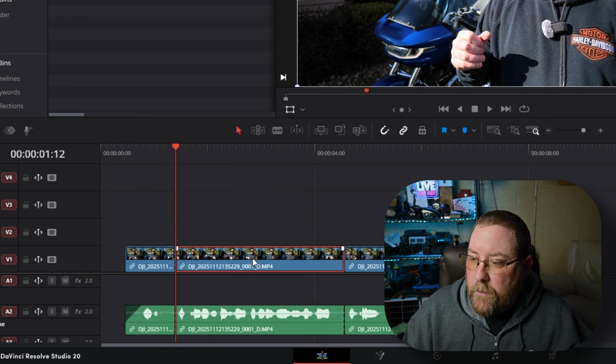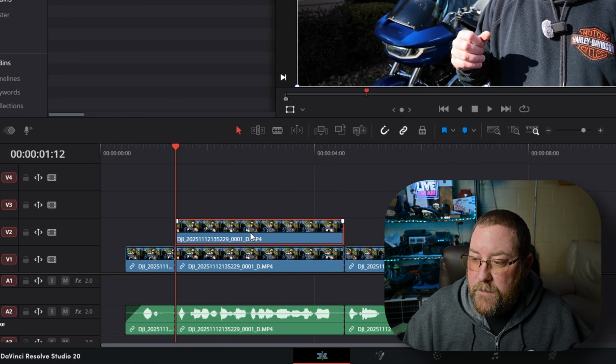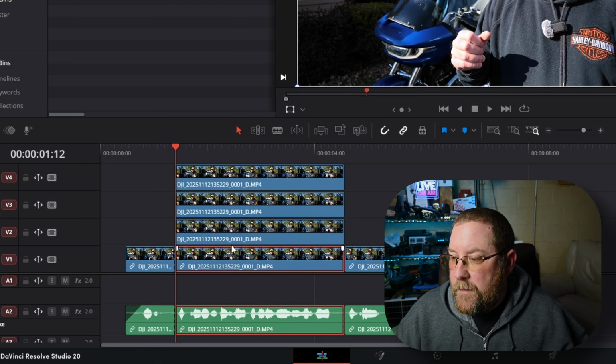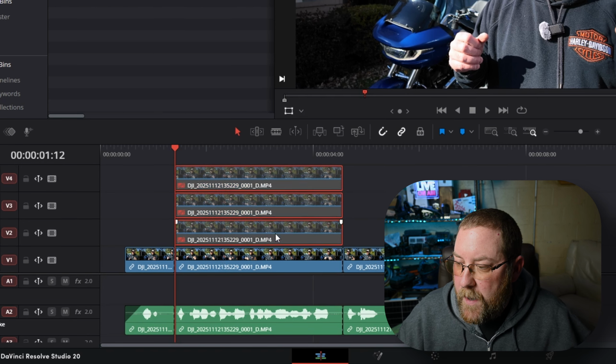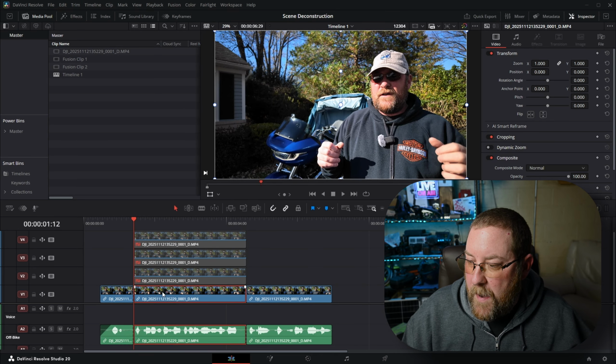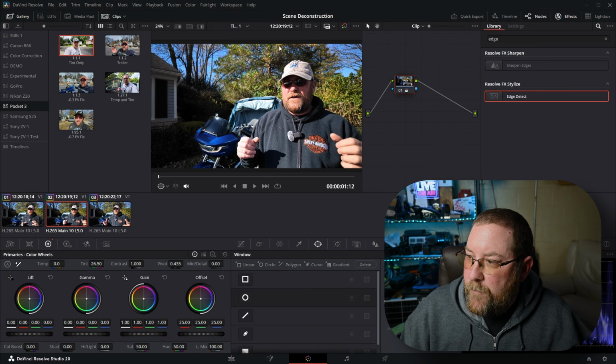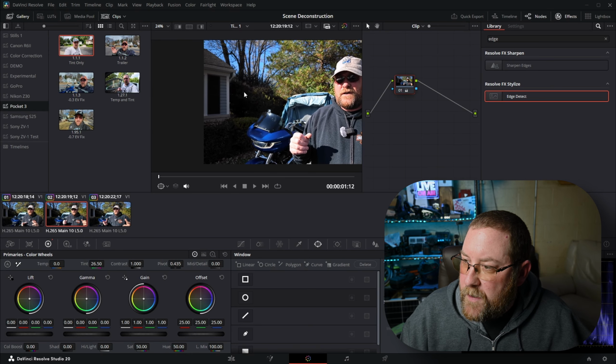Then we're going to hold Alt and drag up to make a duplicate. Still holding Alt, we can make 2 more. And so now we have 4 clips. We're going to have me, the sky, the bike, and the house. So let's disable these first 3, and we can click on our main clip here, click on the color wheel icon, Z zoom to fit to make sure it's here,